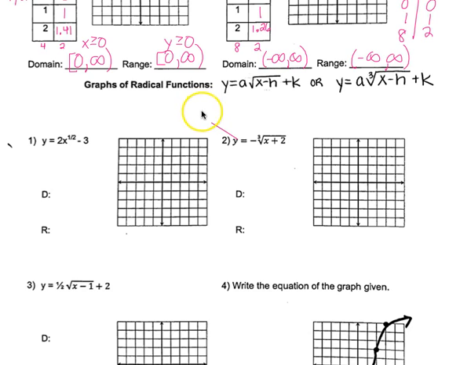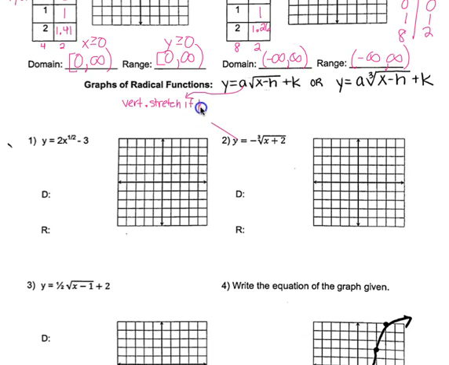Remember that our values do the same thing that they've done since the beginning of the year. When we learned those absolute value graphs, the quadratic graphs, it's the same exact transformations. Notice that we don't have a b value in here. You will not be given any problems that have a horizontal shrink or stretch. Doesn't mean it doesn't exist, it's just that we're not using it in the scope of this course. A, remember, and this goes for the cube root as well, controls 2 things. It controls vertical shrink and stretch. So this is a vertical stretch